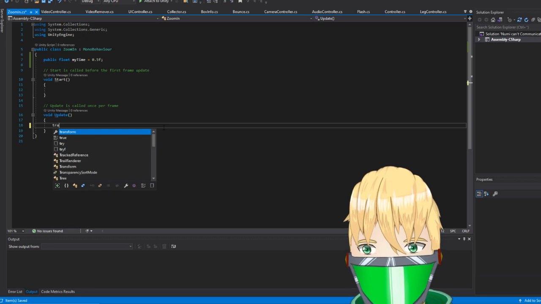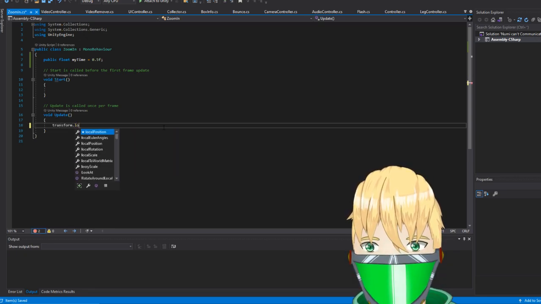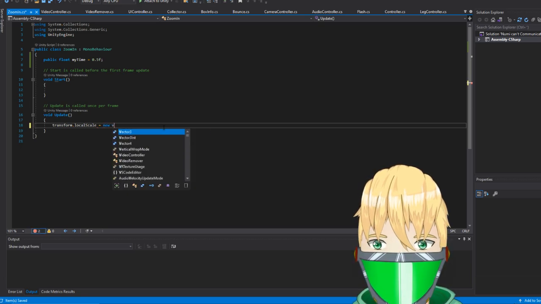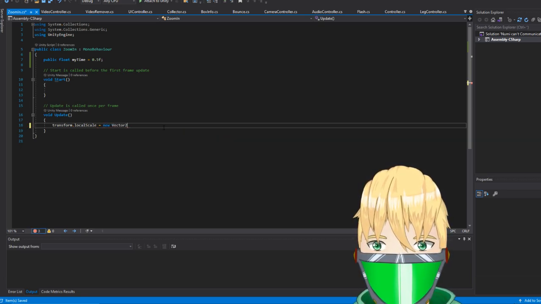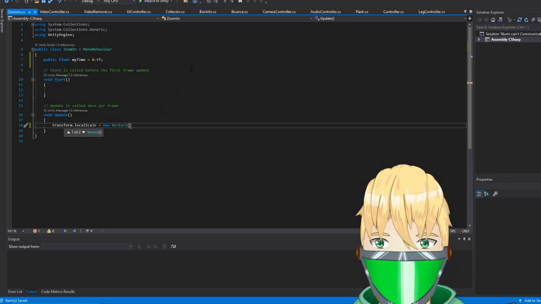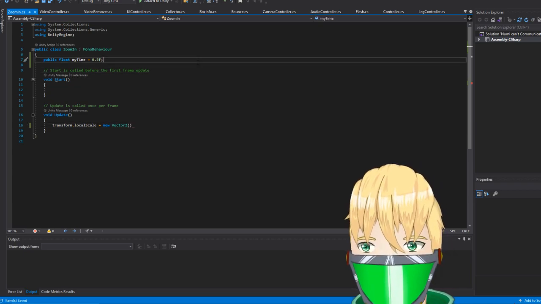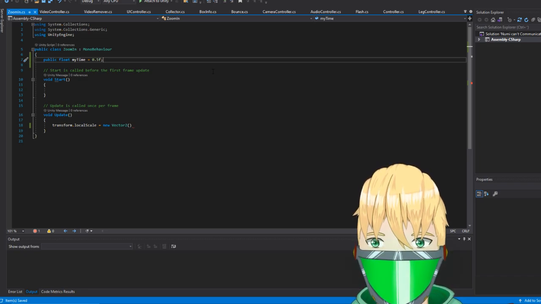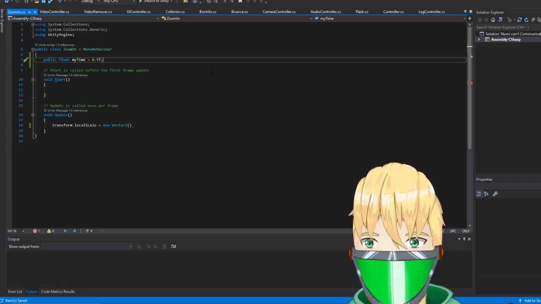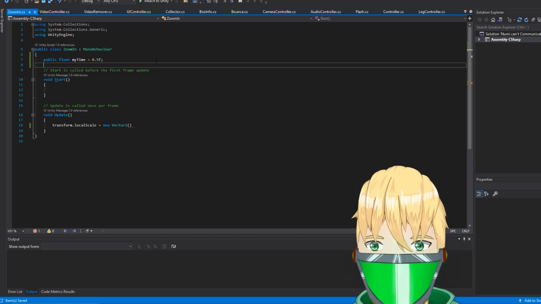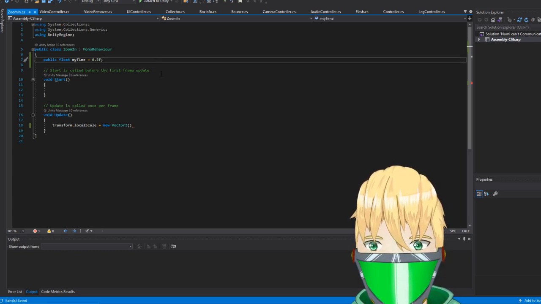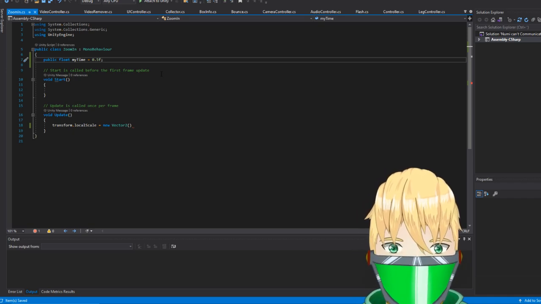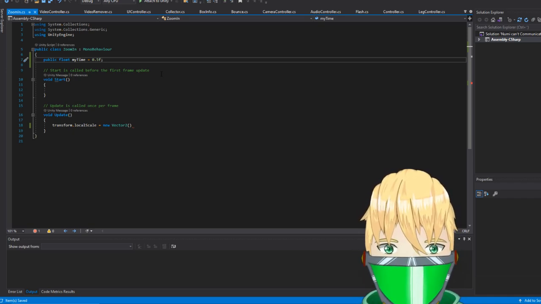So what we want, we're gonna have this on a thing. So we want a local scale, pretty much, and we want a new vector. We want to get what the position is actually gonna be at the start. So before we have anything here, it's gonna check what size it is when it's initiated, before it updates and changes anything.